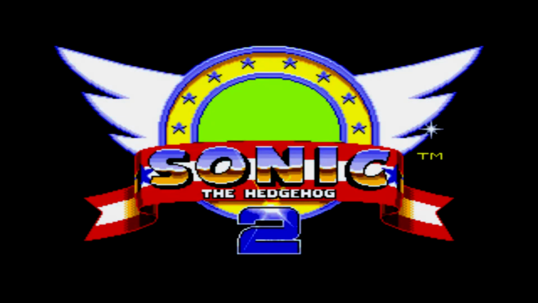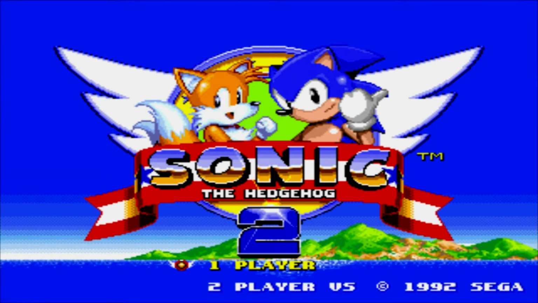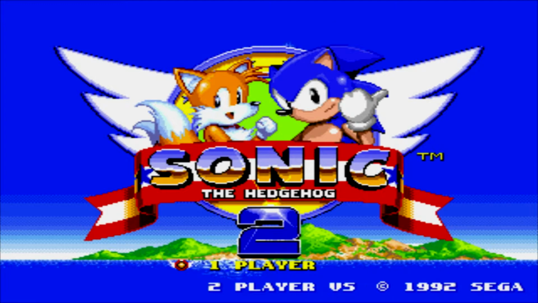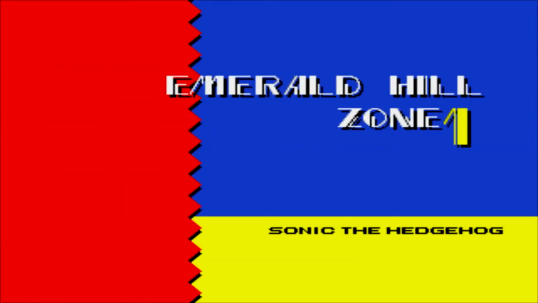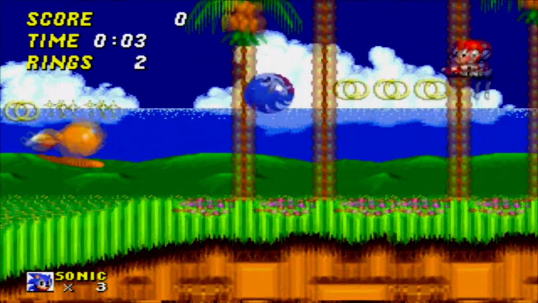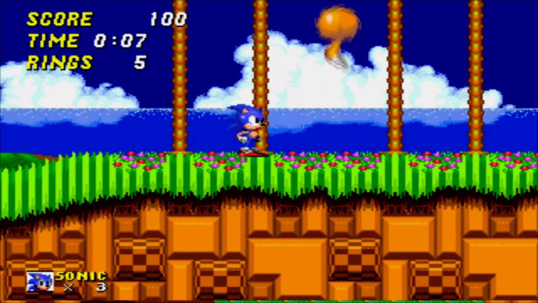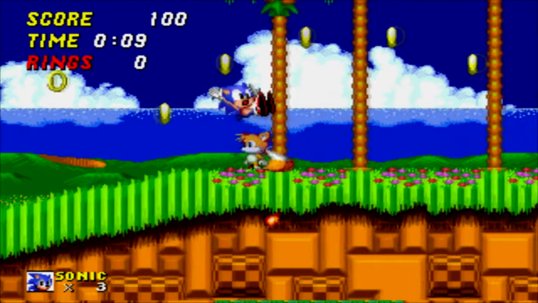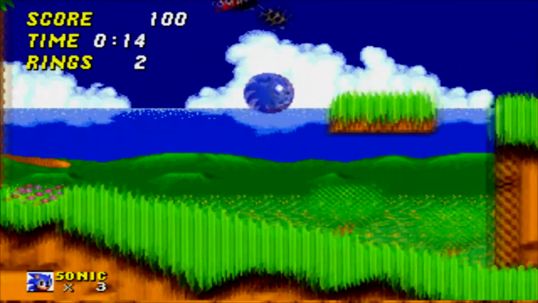Sonic the Hedgehog 2, probably the second best Sonic game in my opinion. It's not the best, that is coming. Right. Now, I'm going to do it with Sonic and Tails. I normally play it with just Sonic. So now you got this new move, Spin Dash. Hold down the down button, press the jump button, and you spin. And if you plug in a second controller, you can control Tails. And as I show you guys, I get hit and lose all my rings, which was not intentional, but still